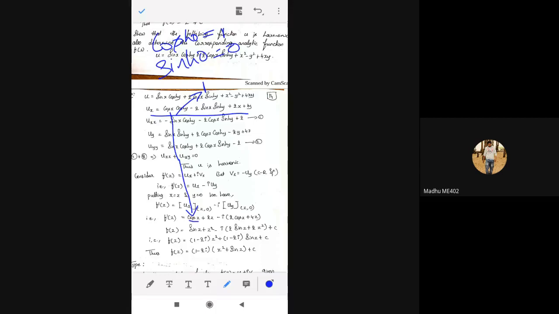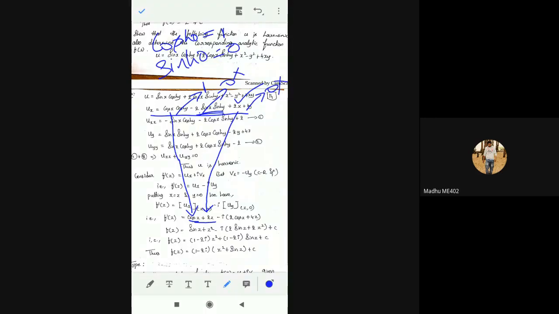Next, minus 2 is there, sin x is there. Sin hyperbolic 0 is 0, so 0 into anything is 0. This can be neglected. Next, 2z. We wrote as it is, 2z. Next, 4 into 0. This is 0 and this is negligible. So we got just cos z plus 2z as ux, where x is equal to z and y is equal to 0. When you substitute those two values, you get like this.